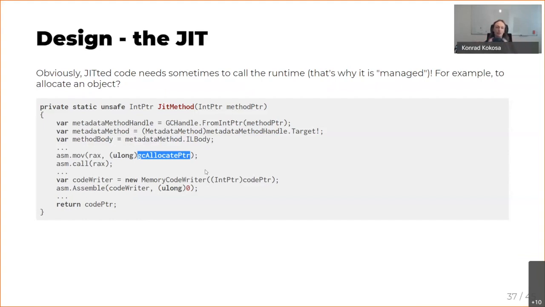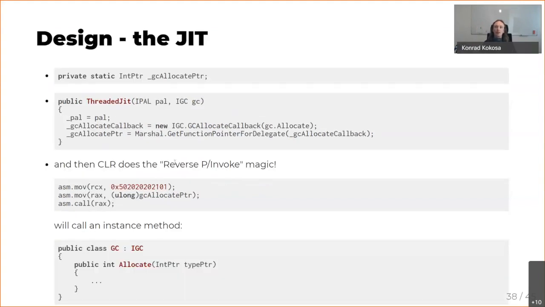If you have ever written something in assembly, it is as easy as using the call instruction with the proper address stored in the RAX register. So this is something that from your native code will now start to execute the managed code. And how is it happening? Because it looks like magic. Imagine you have a totally native application, you are executing JIT code, native one, and all of a sudden it starts to call an address which should come back to the managed code, which should be JITed. And this is all because of the reverse P/Invoke magic inside the CLR.